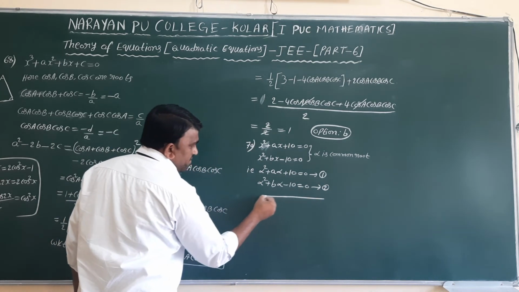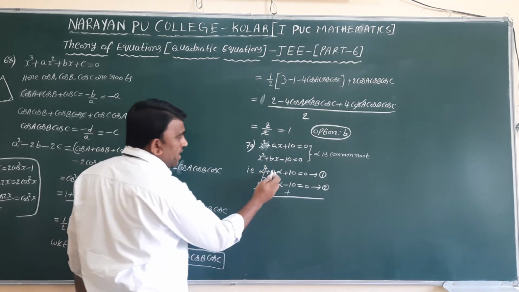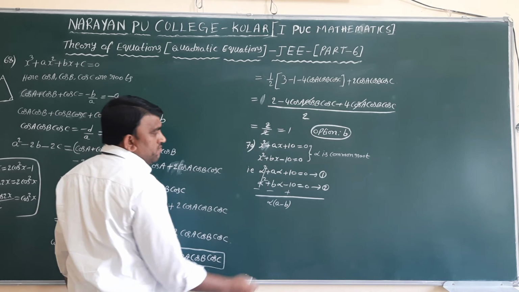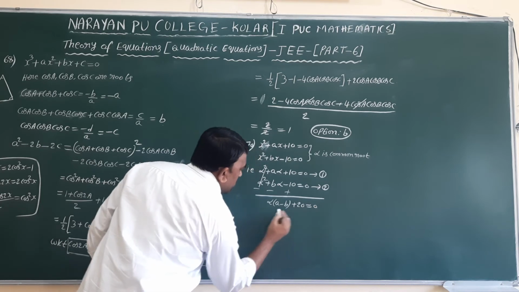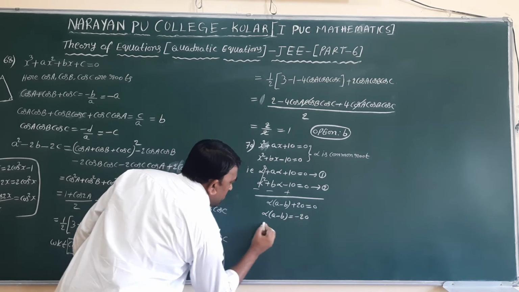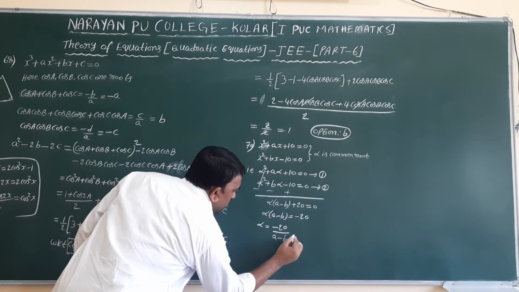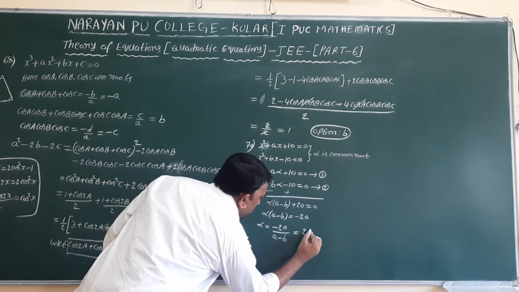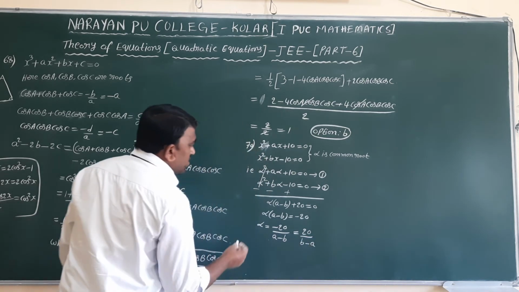Subtract these two directly, minus minus plus, alpha square cancel, a alpha minus b alpha, take alpha common, alpha into a minus b, plus 10 plus 10, plus 20 is equal to 0. Alpha into a minus b is equal to minus 20. Alpha equal to minus 20 by a minus b. While taking b minus a common in the denominator, minus minus will cancel, alpha value is 20 by b minus a, that is the alpha value.